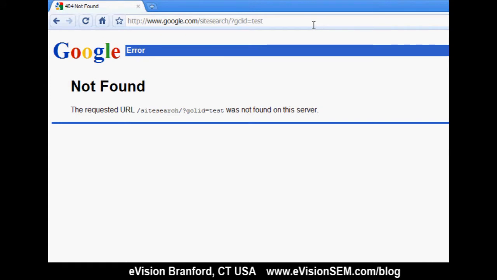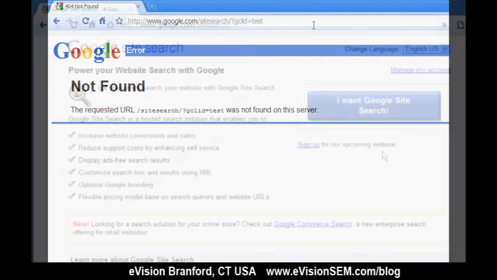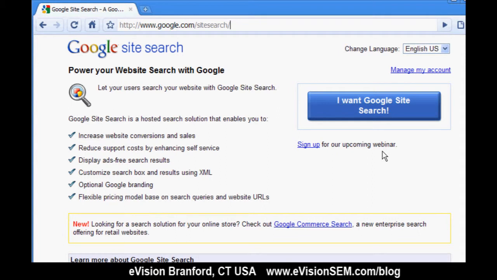Look at that. Google has a problem with auto tagging on the Google site, and in fact, if you click on some of their ads, you'll find that they do have auto tagging turned off. So check to see if you have auto tagging turned on, and if you do, you're going to want to manually test your landing pages to see if there's a problem, like I just did on Google's site,